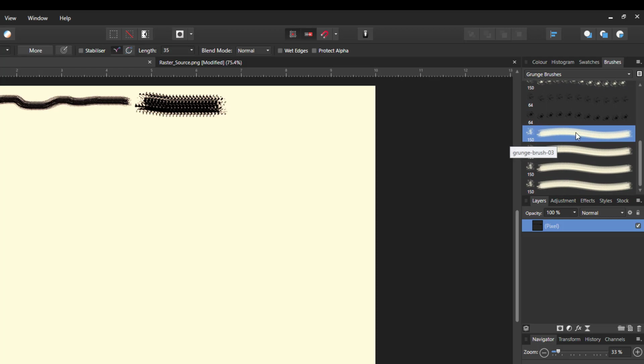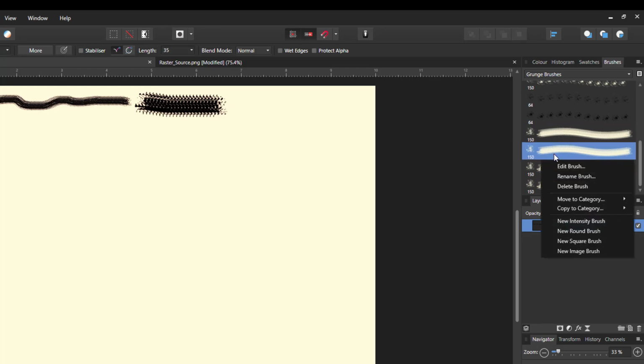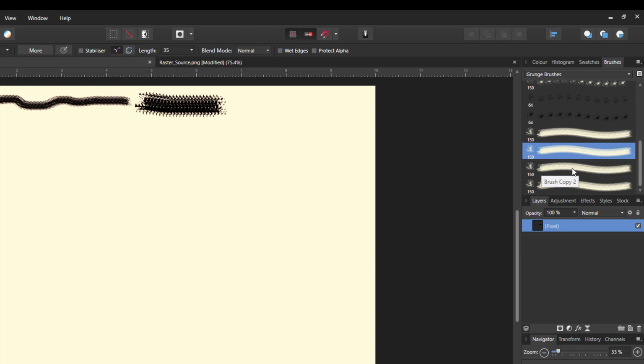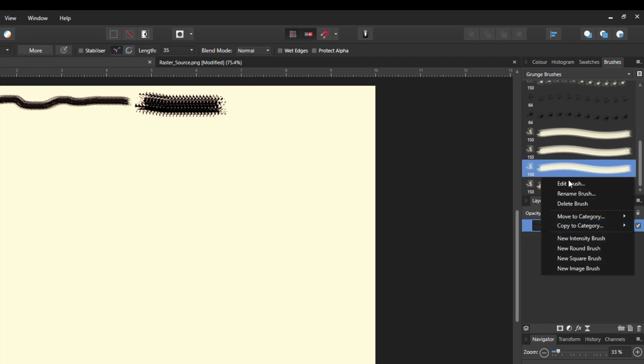So the first one is called Grunge Brush 3, and I'm going to highlight the next one down, and I'm going to rename this one Grunge Brush 3A. Okay, and then the next one,